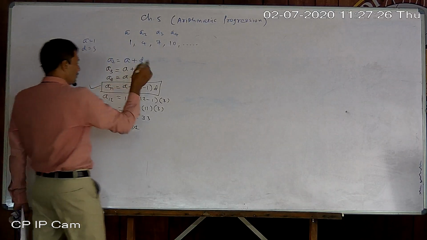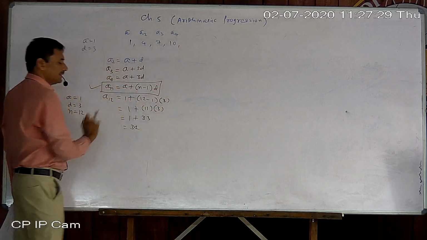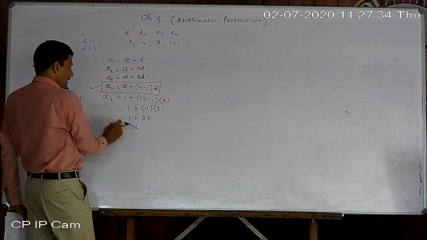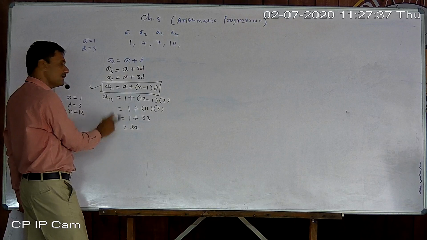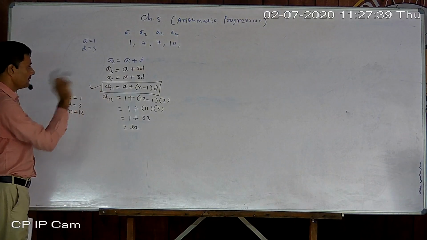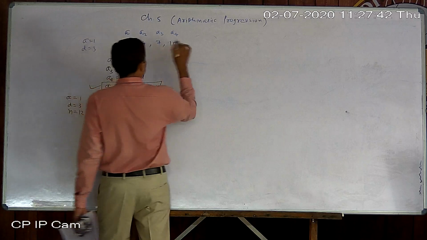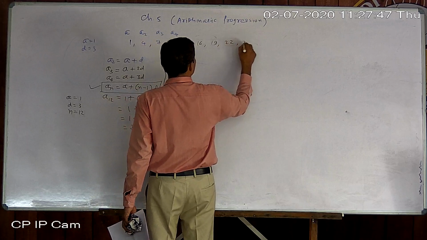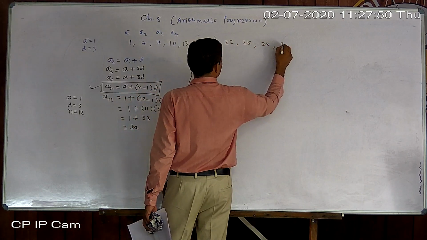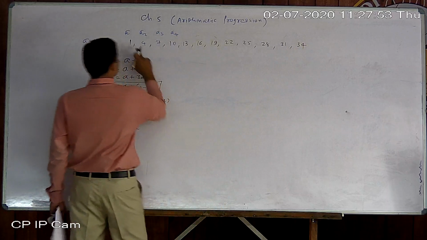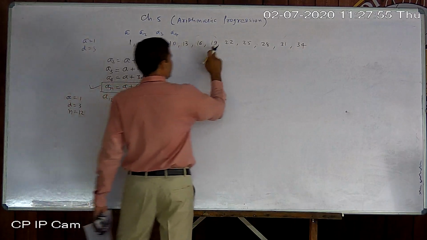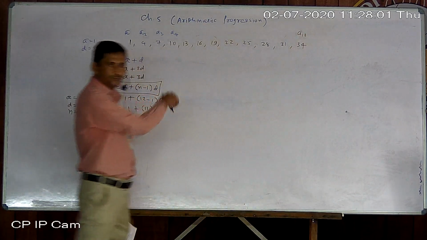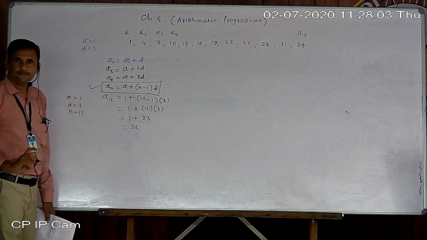Okay. Now I want to verify here whether I am right or wrong. You need not do it. I am solving this type of sum for the first time, so I verify manually to find the 12th term. So look there: 10, 13, 16, 19, 22, 25, 28, 31, 34. Now look at first, second, third, fourth, fifth, sixth, 7, 8, 9, 10, 11th and 12th. So this is the 12th term. So verification also done.